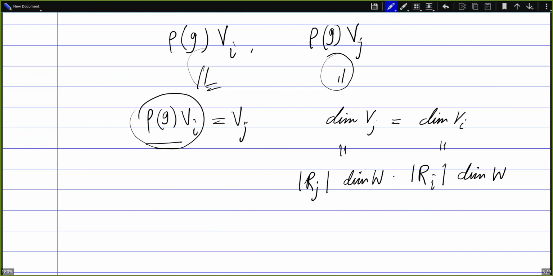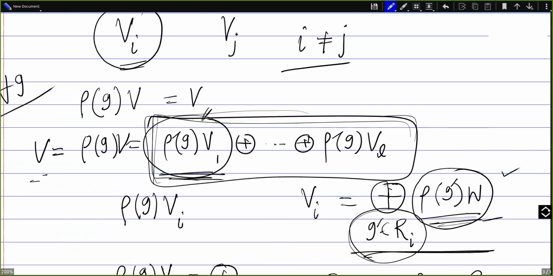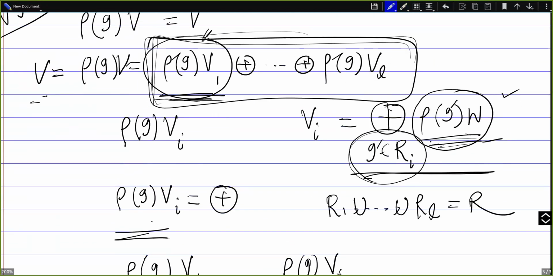So that shows that Rj and Ri have the same number of elements. So what are Rj and Ri in V? What is Ri? The number of elements in Ri is nothing but the number of